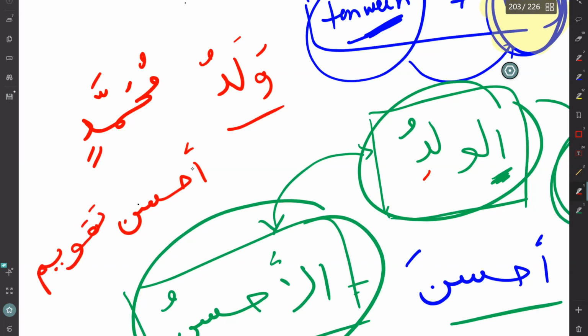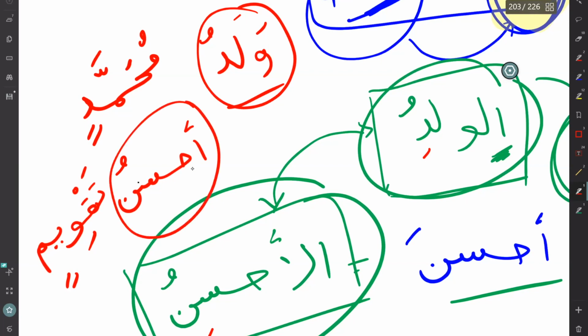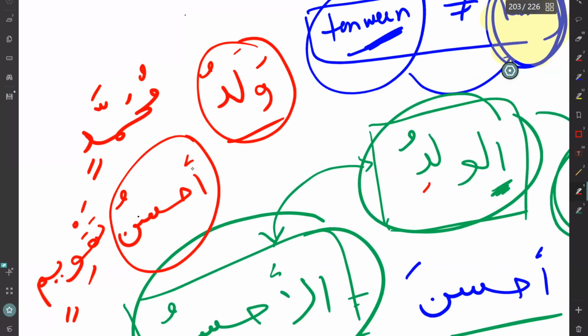Taqweem. It is the same situation. Just like walad can never take tanween, ahsan is in the same situation when it is not allowed to have tanween. So in this situation, even if you say any preposition, any time when it's supposed to take a kasra, mamnu min as-sarf will be able to take kasra as well. So here, that's why we can say fi ahsani taqweem, because this word has been placed in a situation where no one can take tanween.